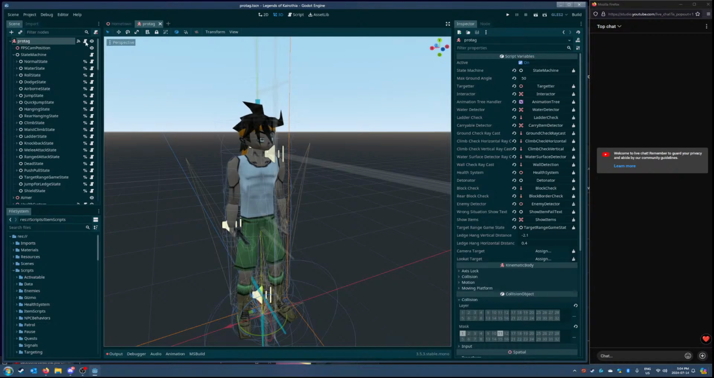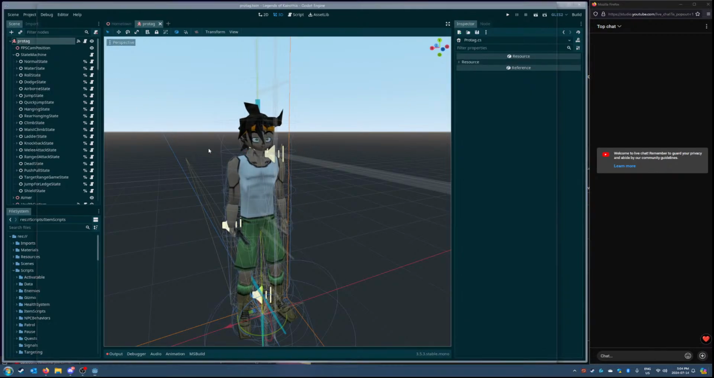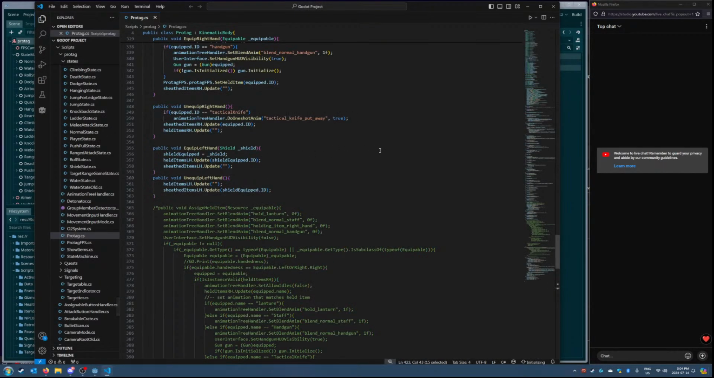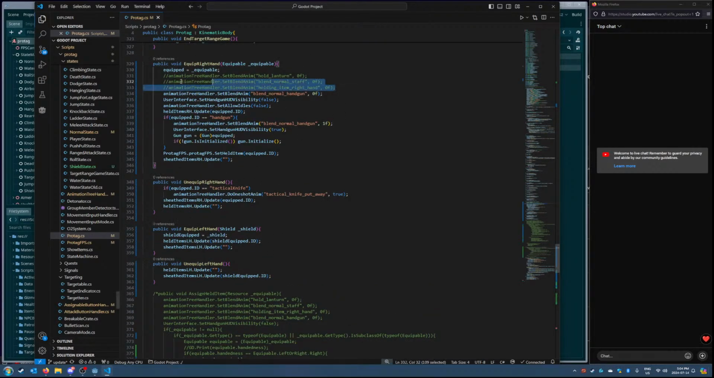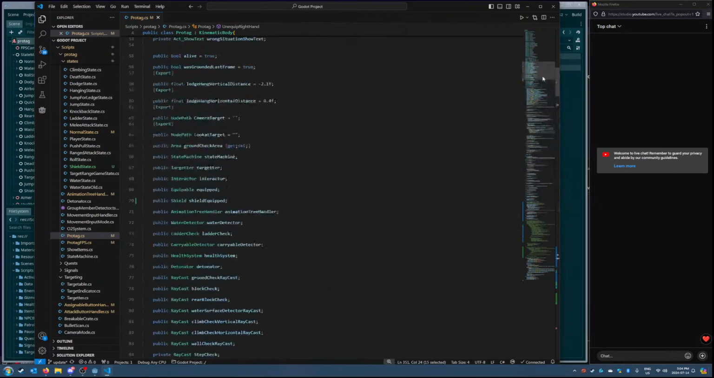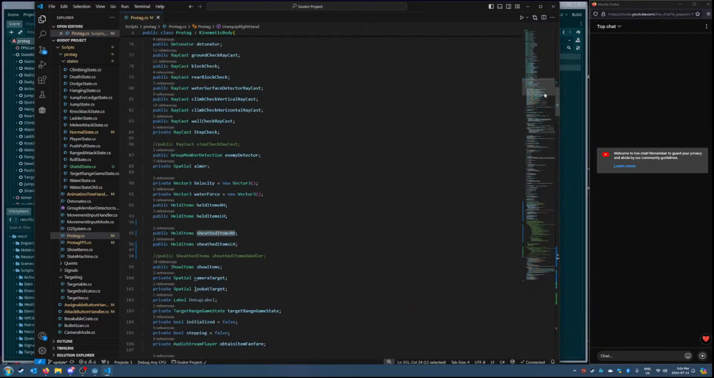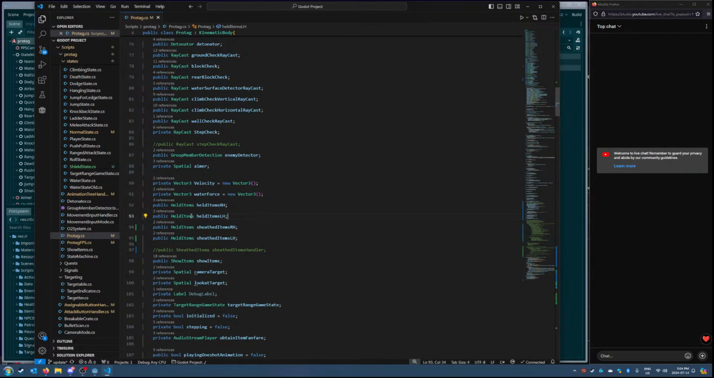What are they called again? I forgot what the class names are called. Oh yeah, this is where I was. This is what I was doing. Okay, so yeah, they're called held items. That's the class name. So held items is